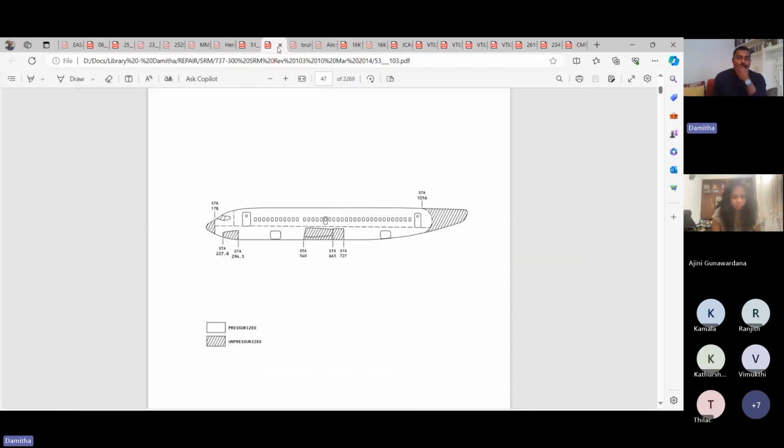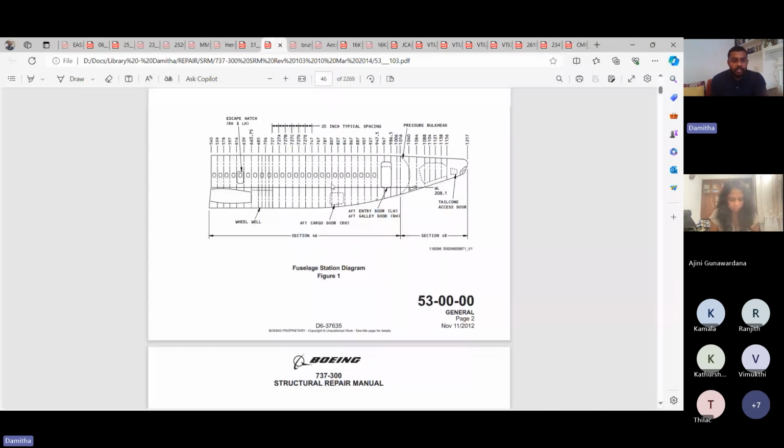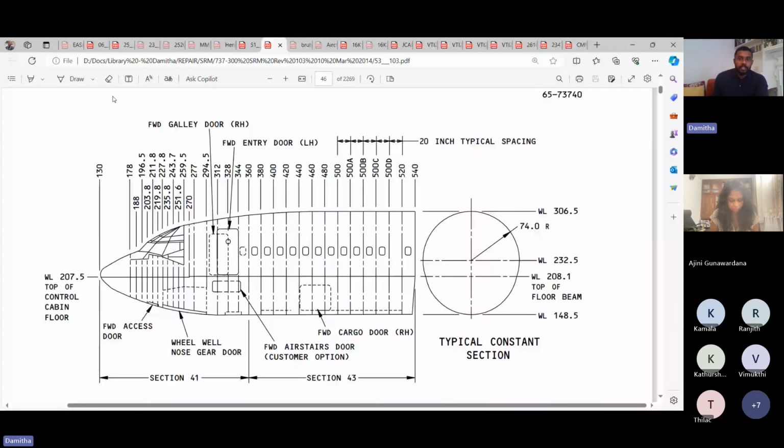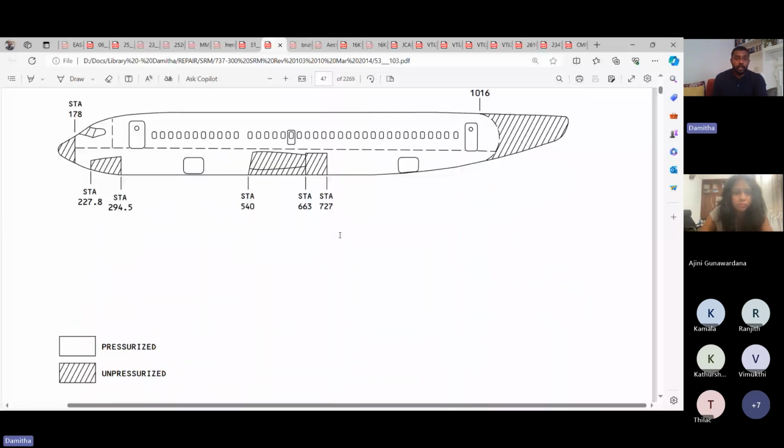Oh yeah, this one. This is a full breakdown of those body stations and water lines. Those are the coordinates. If you take a cross section of an aircraft, it looks like this, and each cross section from each frame, these are called frames, is different because the profile of the aircraft constantly changes to account for different requirements.